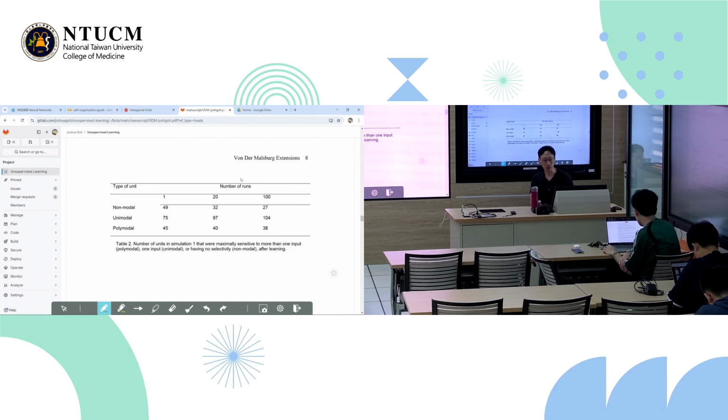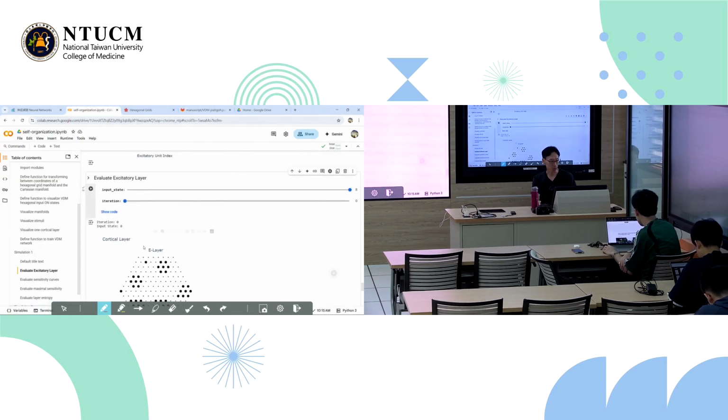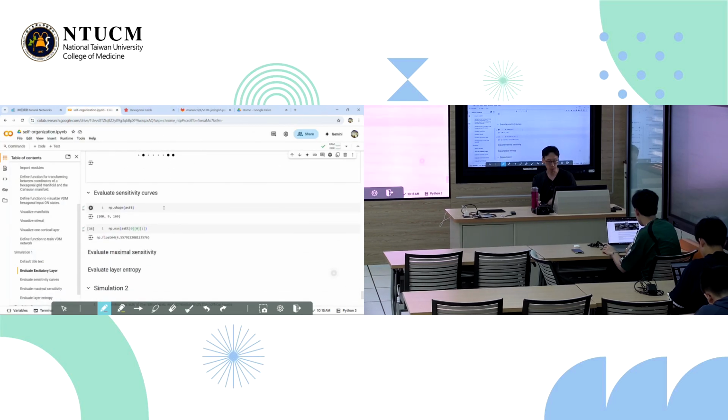And then you do it when the model has been trained for 20 rounds and for 100 rounds. You can see the number of unimodal units increases as you train, which is as expected, right? It becomes selective. So this is one evaluation you can do, okay? So I'm still working on that for this Python iteration. The other one is,